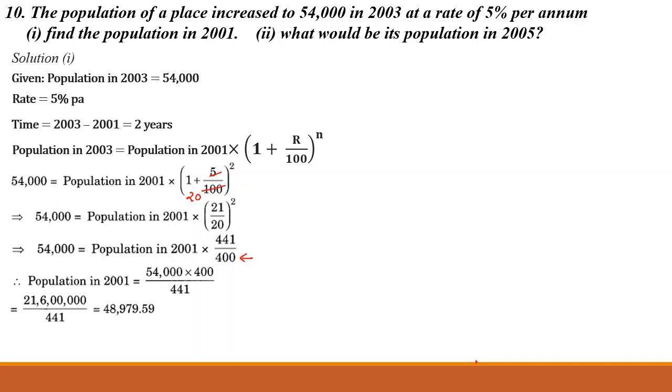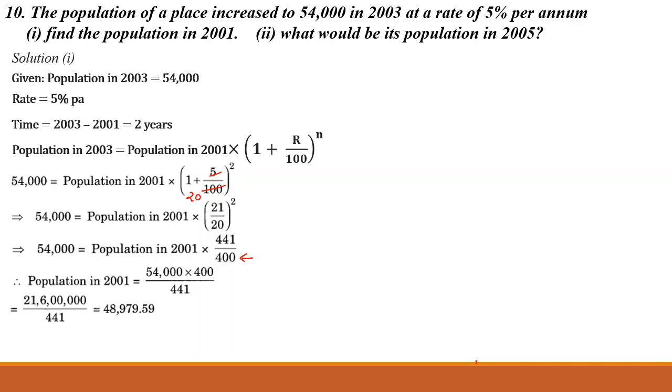Now here one more thing to keep in mind is that the population of a particular place cannot be a fraction. A family cannot have 3.5 people. A particular city cannot have 1,02,072.75 people. It will always be a whole number. So for the same reason, we will round it off to the nearest whole number. And we all know how to round it off.